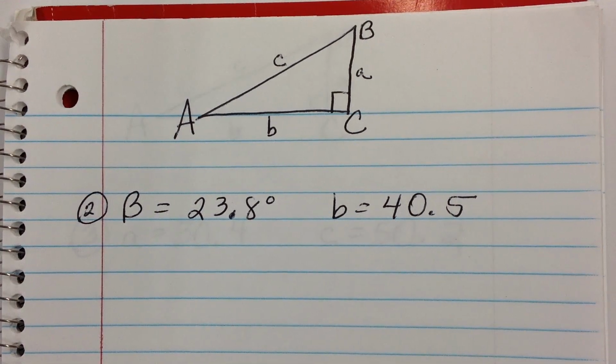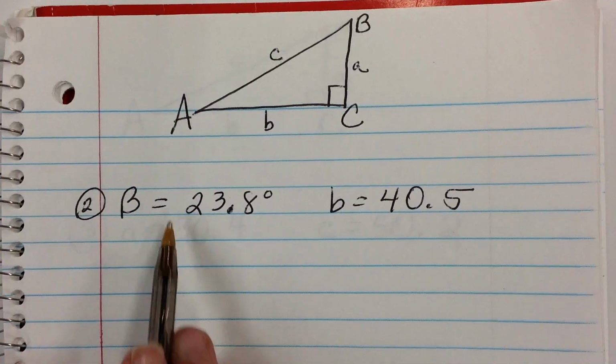Let's find the missing sides of this triangle. Again, it's a right triangle. If you have a right triangle, you can use all of your trig functions: sine, cosine, tangent. All right, we are given that angle B is